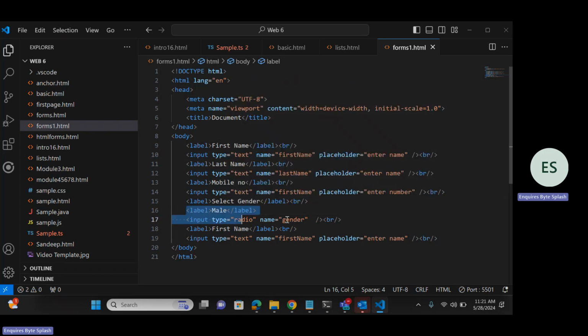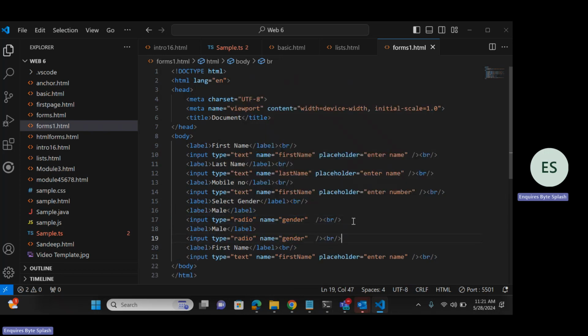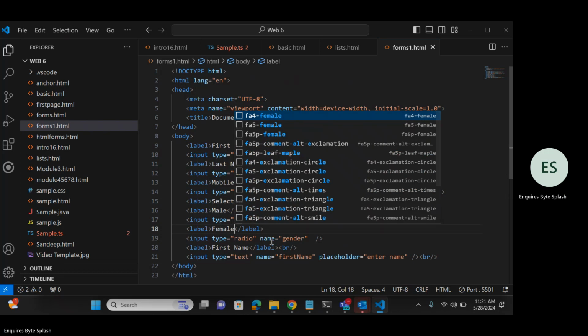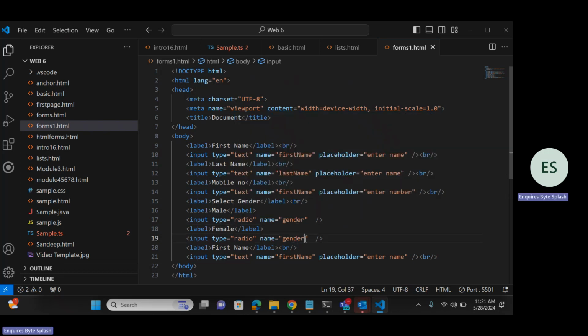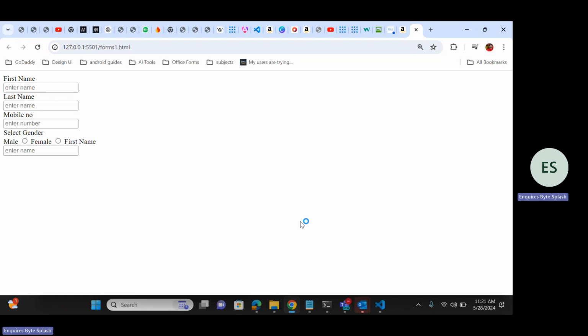Again we'll give another label and radio button. It might come into the same line, so we'll break this, remove this, so that it will come side by side. So female. If I put gender and gender one, it might not match. You see,